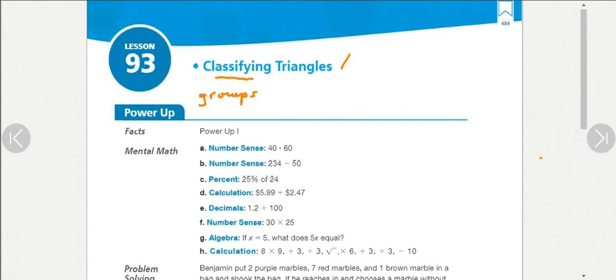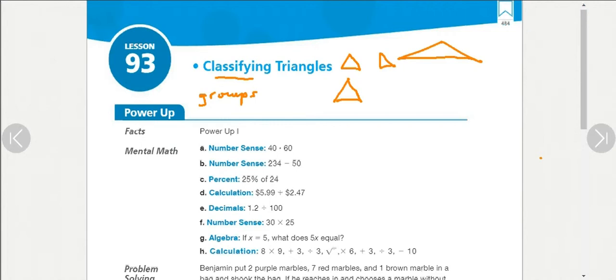Triangles can look a lot of ways. They can look like that. They can look like that. Goodness, they can look like this. As long as it's three sides connected, it's a triangle. But there's different types. And to make it more confusing, we could call this triangle two different things